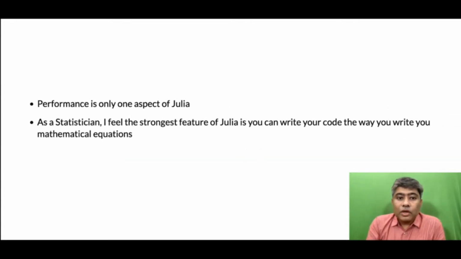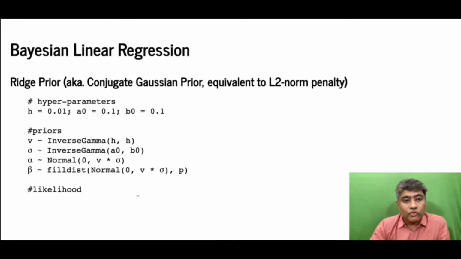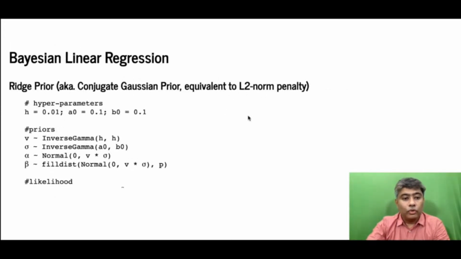So performance is only one aspect of Julia. As a statistician, I feel the strongest feature of Julia is that you can write your own code the way you write your mathematical equations, and that becomes very useful when we do Bayesian linear regressions. So if we want to model the Bayesian linear regression with, say, Ridge prior, which is also known as conjugate Gaussian prior or equivalent to L2 norm penalty, then all you have to do is just